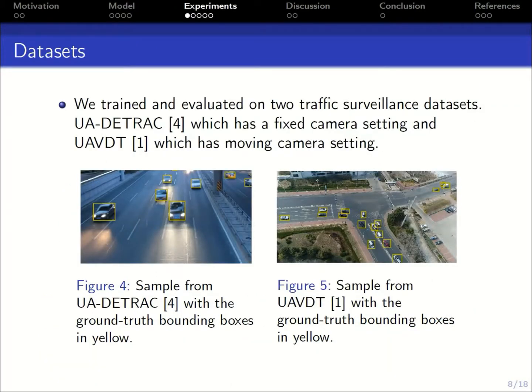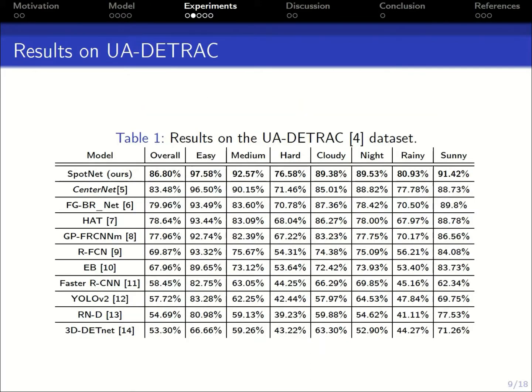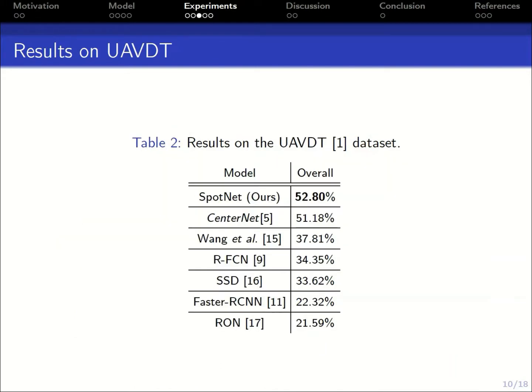We trained and evaluated on 2 traffic surveillance datasets, UA-DETRAC, which has a fixed camera setting, and UAVDT, which has a moving camera setting. On UA-DETRAC, you can see that not only do we beat the baseline by a pretty significant margin, we also achieve the all-time best performance on this benchmark. This is especially true for the hard examples. On UAVDT, we also beat the baseline by a decent margin, as well as beating all previous methods on this